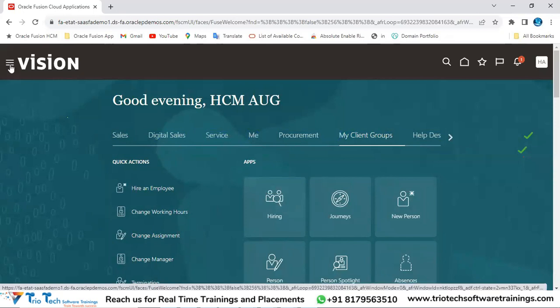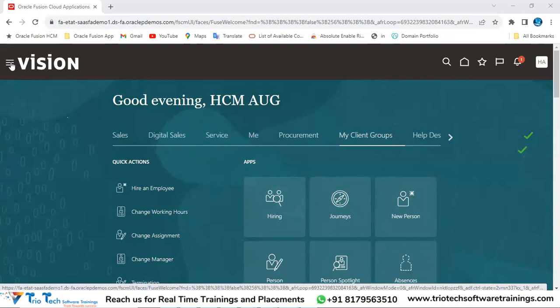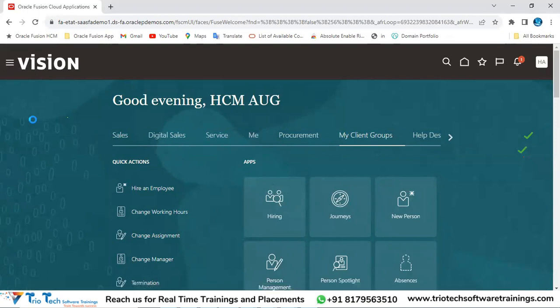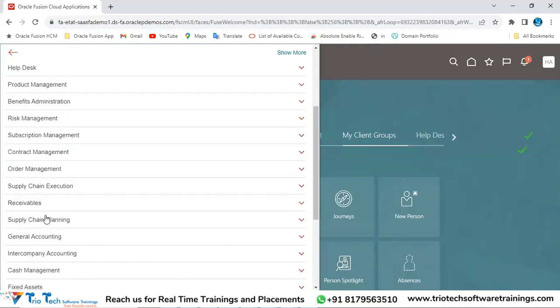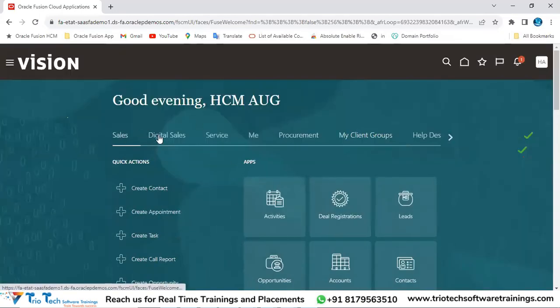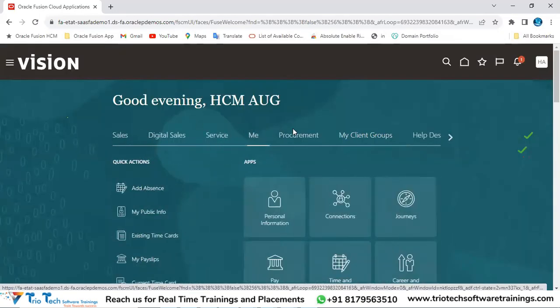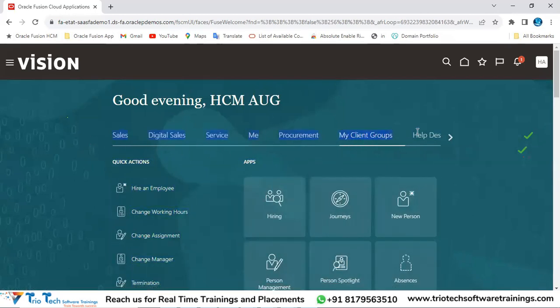On the top left here, team, we have three lines, right? If I keep my cursor here, what is that, team? Navigator. It's a navigator. If you click on this, you could see several options coming up. A bar opened up towards the right, and I could see several options. What are all these? Whatever we are seeing on the Springboard in the horizontal alignment, the same functional areas, team,